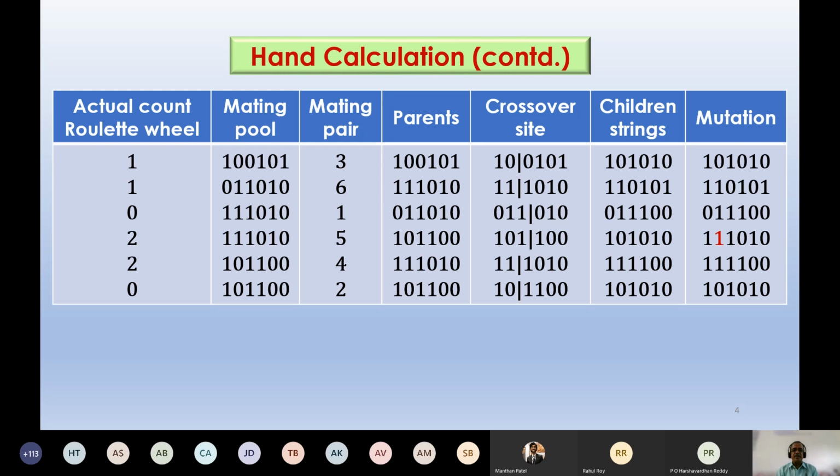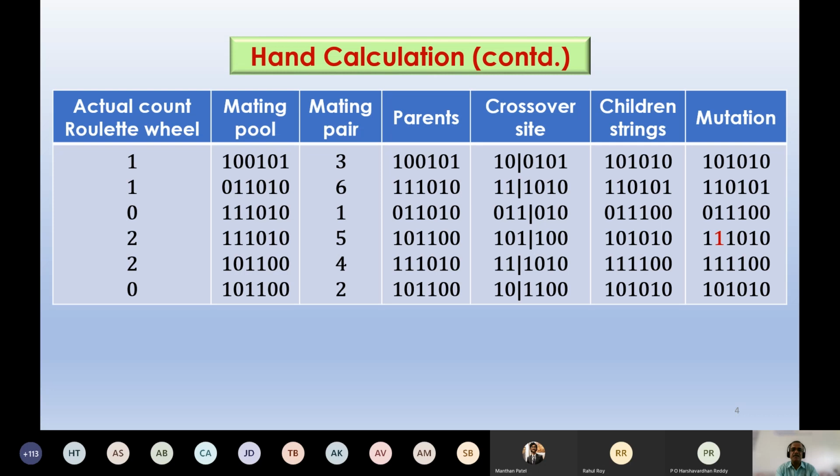Now, once you've got the mating pair, you concentrate on the first mating pair. Now, whether it is going to participate in crossover has to be checked using the concept of probability of crossover. Now, here I have taken the probability of crossover as 1.0. That means all 3 mating pairs are going to participate in crossover. Okay, so here all 3 mating pairs are going to participate. So this is the first mating pair, second mating pair, and third mating pair.